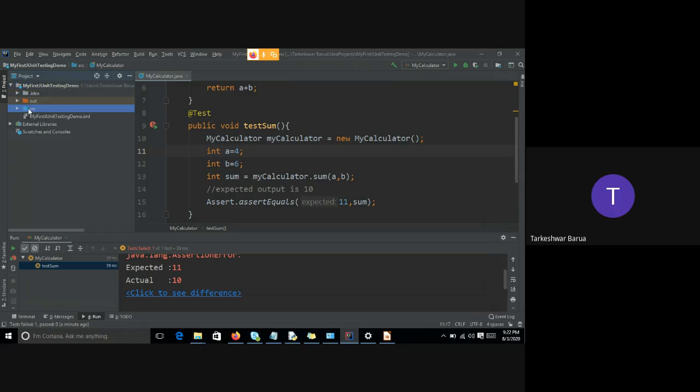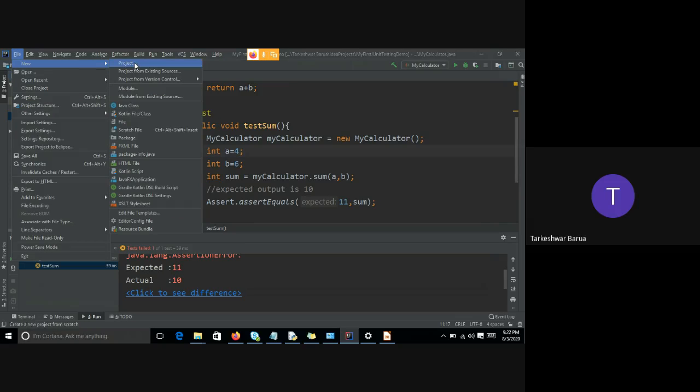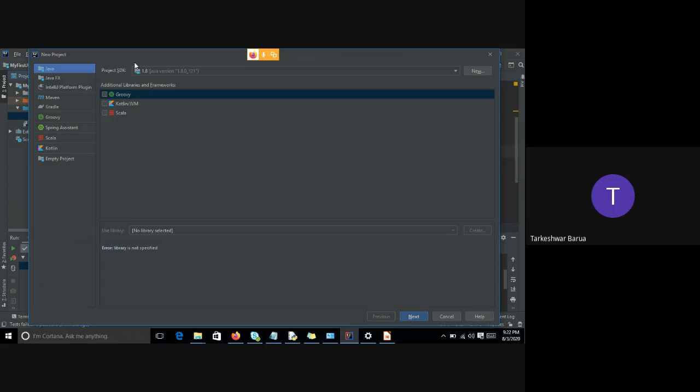And if you want, you can write the same program with Maven also. Maven is nothing but just a builder. In the earlier program, we had to download the jar files, the Hamcrest file, or maybe any other jar files.